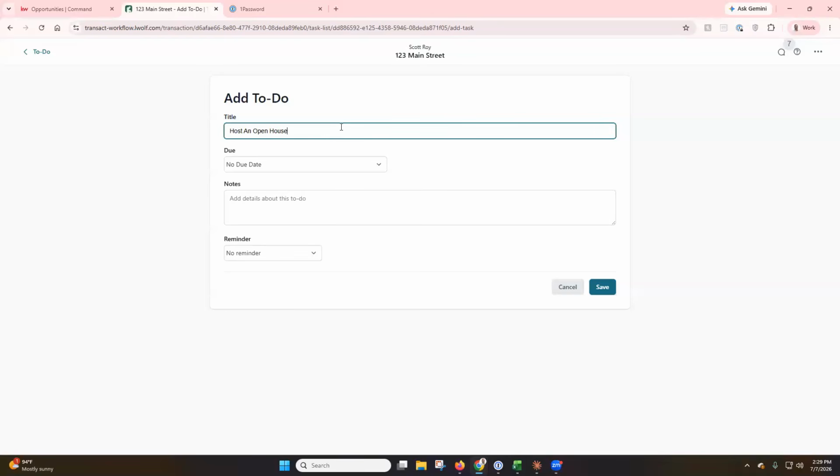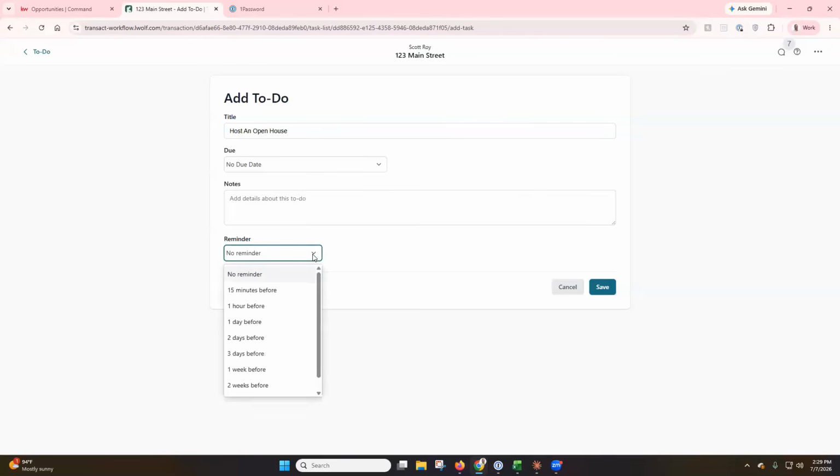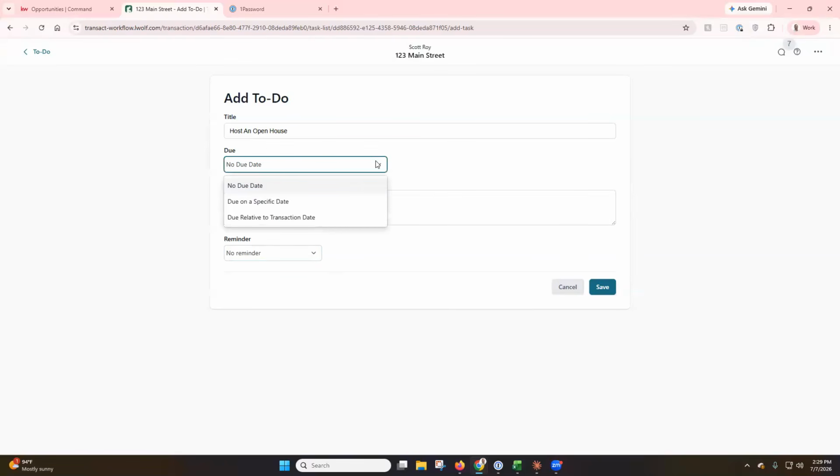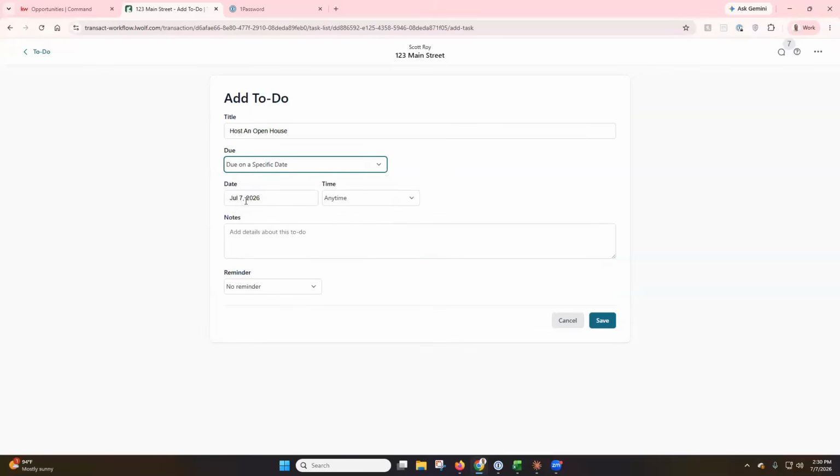All right. Now, the good part about this is I can put inside host an open house. I can put inside notes on here. I can get reminders that'll come out, little notifications on here. But I can also specify when this will be due. I can put that there's no due date, so I can do it whenever I want to. So if I don't have a specific time frame to host this open house, that's okay. I can say it needs to be on a specific date, so I can go in and put that specific date and then say what time it needs to be. Or I can even do this on here,